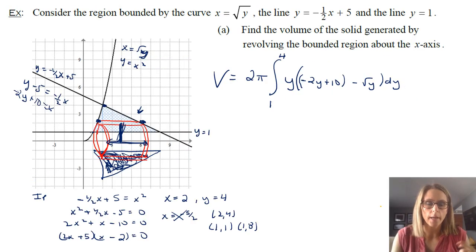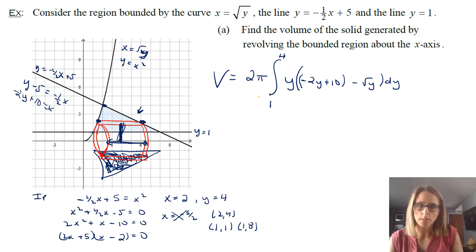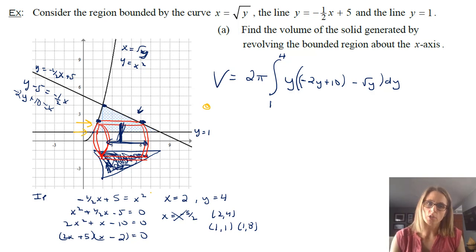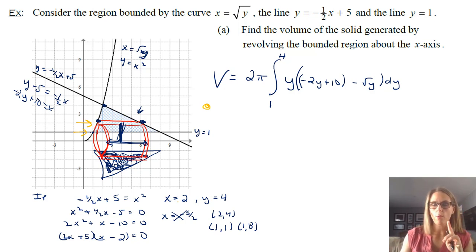So if we take a look back at one of our past examples using the shell method, what they mean by parallel, hopefully you can see, is that the cross section, this shell, is parallel, so that these two are in the same direction. What you'll notice with the washer method is that you might be rotating around something like this. So your rotation is like this, but your cross sections are like this. And that's what's telling you it's not the shell method, but the washer or disk method.